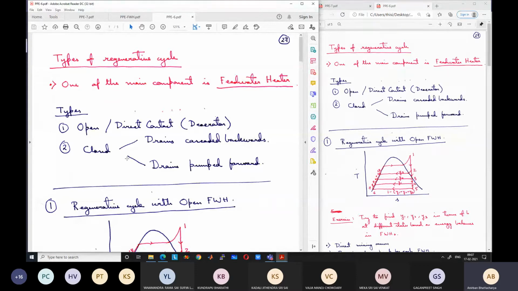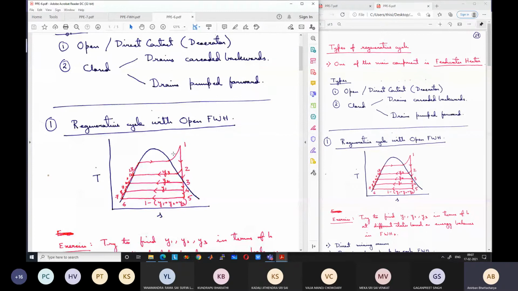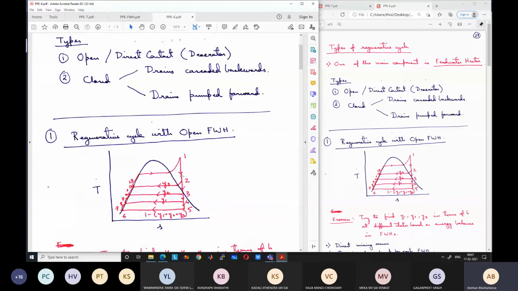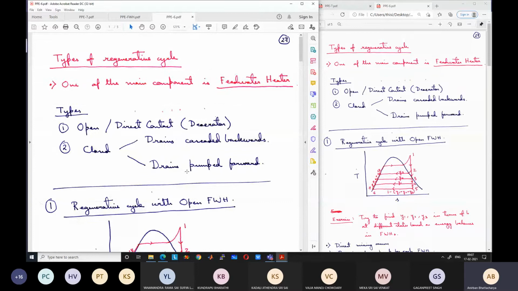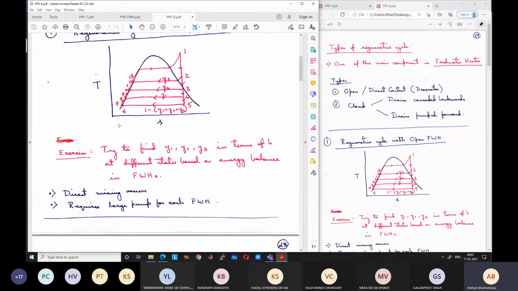So before this, in the previous classes, we had seen, like I had shown, the normal regenerative cycle. In that case, whatever feed water heater I showed was the open or direct contact type. We have also solved a problem, and that is also regarding the open or direct contact type. At that time, I did not mention, to avoid confusion, that this is an open type of feed water heater. But if you look back after going through today's class, you will see that we have already discussed the open or direct contact type. Okay. So I will again revisit this direct contact type feed water heater, the open type of feed water heater, which we have discussed in the previous class, and then continue from there.